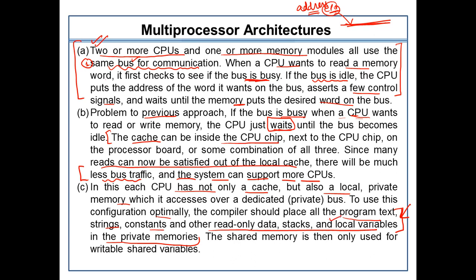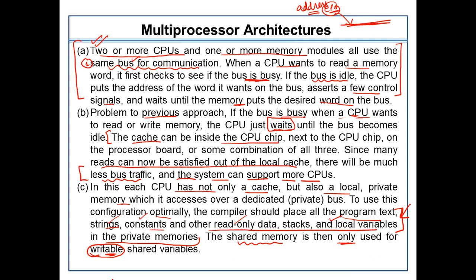See, you could say there are some local variables; we will add some constants, some data, strings, some read-only data that we will be placing, so that the CPU's instructions can be fulfilled. Now, when we use the shared memory system, because ultimately multiprocessors have the capability to use the shared memory system, it will only be used if we want to perform some updates, meaning if we want to write the data. Otherwise, for read-only purposes, we can easily use the private memories of the CPUs. So this will further enhance the multiprocessor's throughput rate, right?